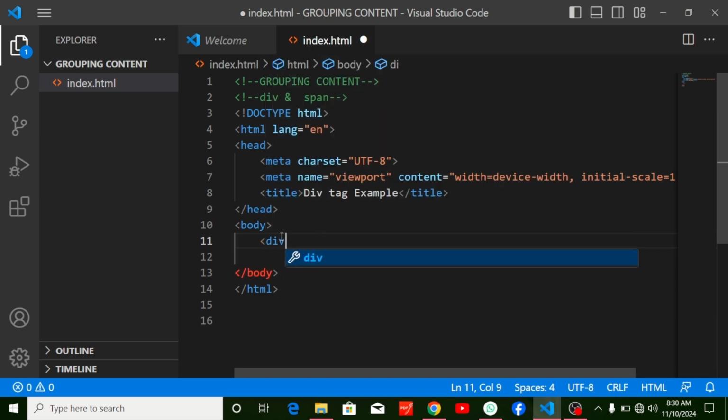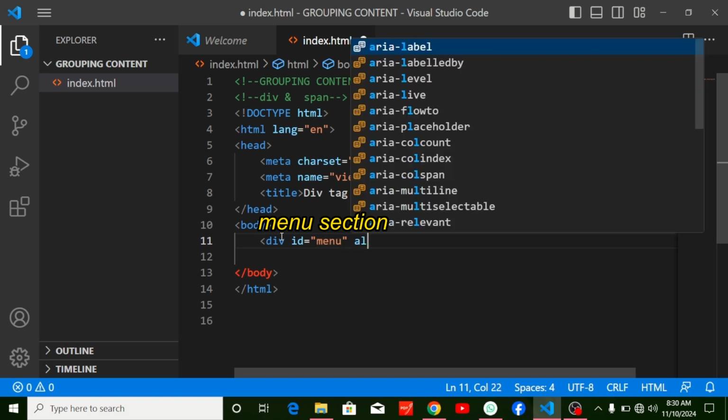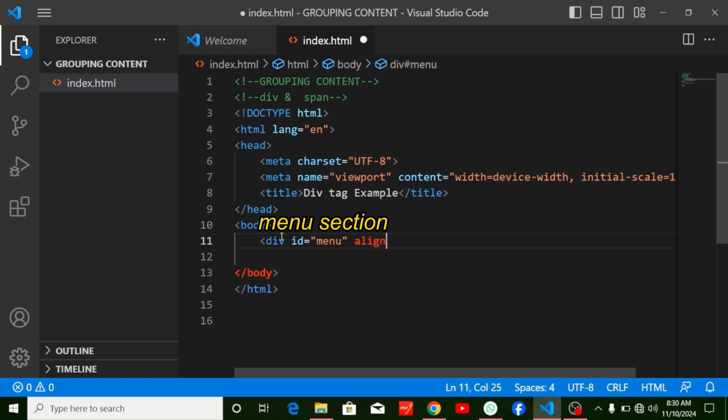Now I will introduce div here. I'll say div id, right? This will be the menu. Align left. Okay, let me say middle. Okay. Now here, within that, now I'm going to create